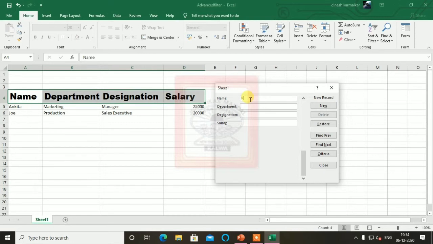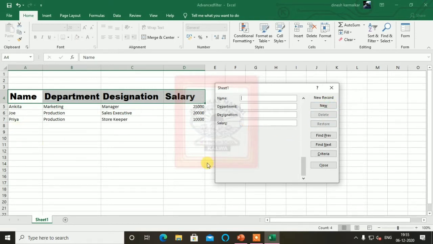Then next is Priya. Here it is given a storekeeper. Department is production. Storekeeper. So salary will be obviously less, 10,000.